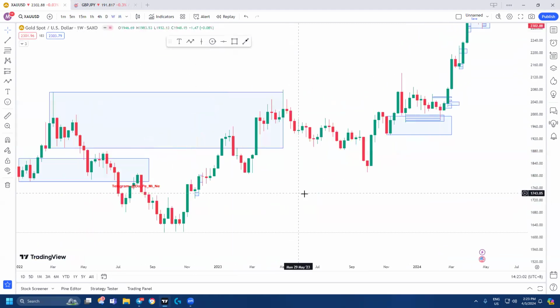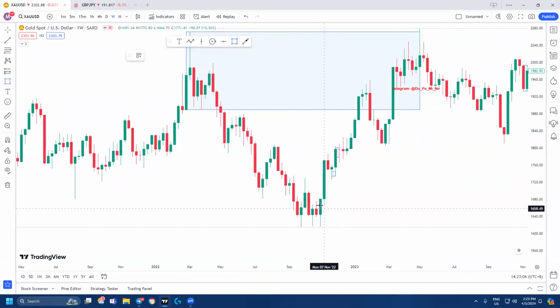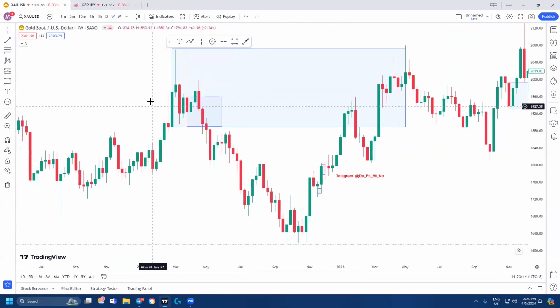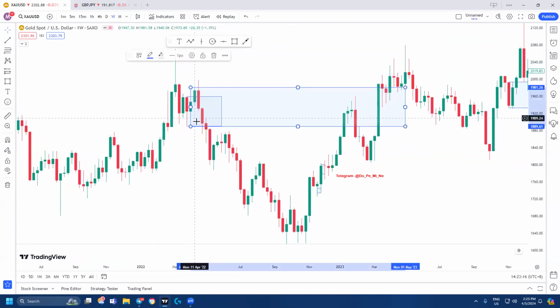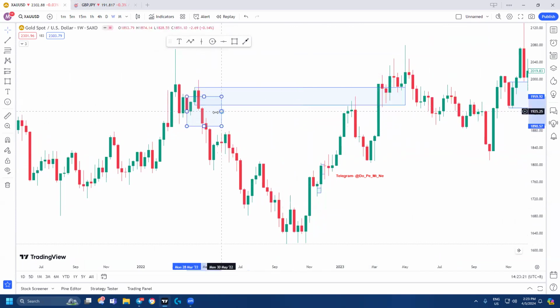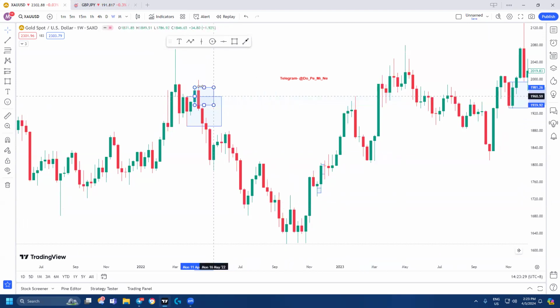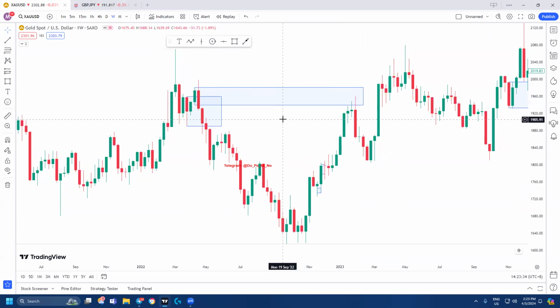Okay, so I will show you another example like this. Sorry, this one. Right, this one. This is the engulfing buy and become EF. So after EF, the price will turn back to this zone because this is the first engulfing sell that we have, right? So the price will turn back.